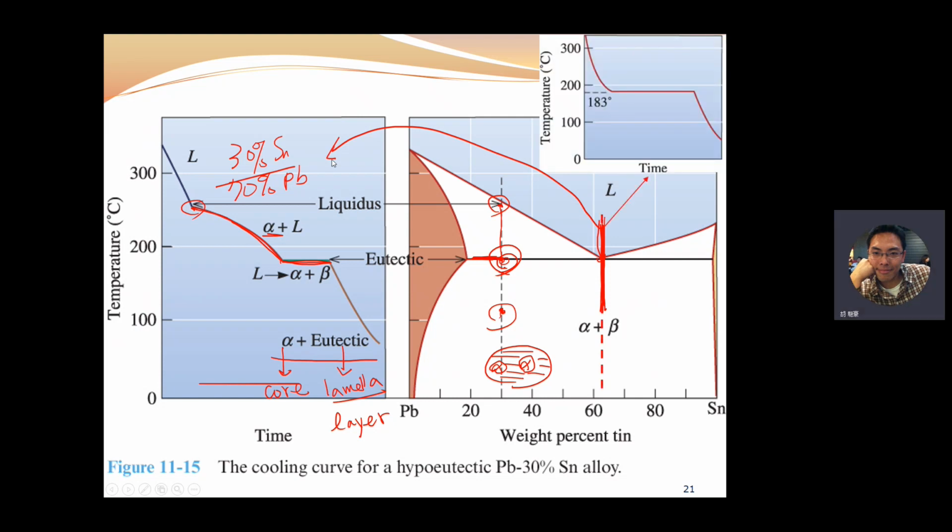Okay, it should be like this, right? Because there's no two-phase region. This region is called the two-phase region, right? Therefore, if we have the composition, say, 61.9% of tin, and we heat up to, say, 350 and cool down to a specific temperature, when this temperature reaches 183, which is the eutectic temperature,